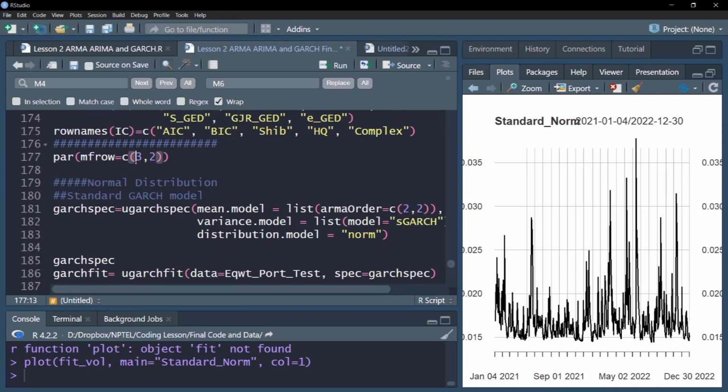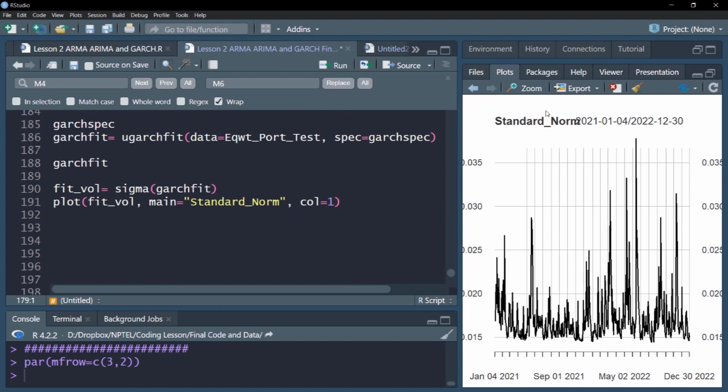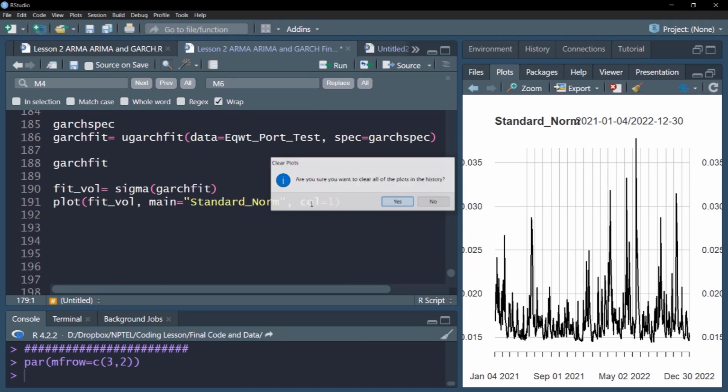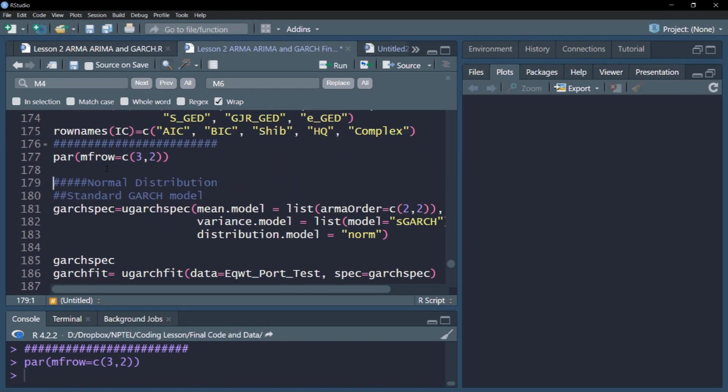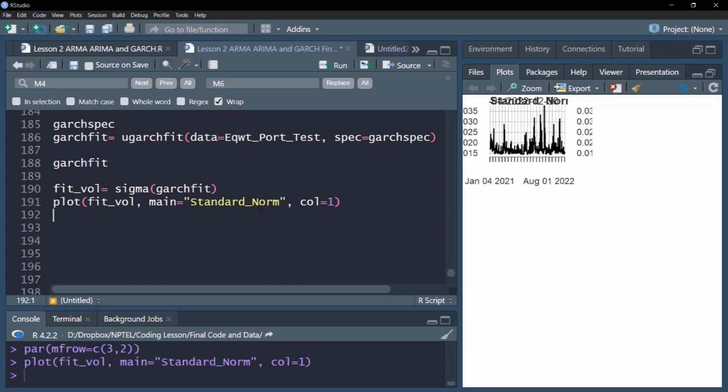So what I'll do is I'll run this command, because we have 6 plots that are going to come up. So this is one plot. I'll plot them simultaneously. The next step is to save